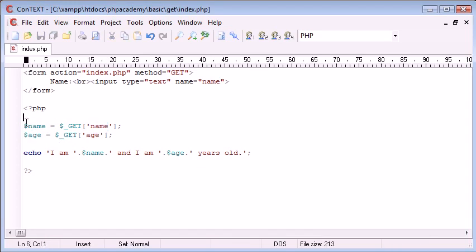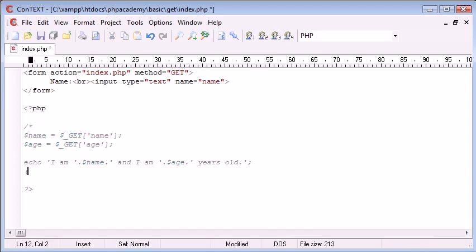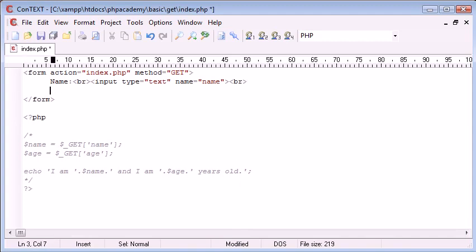If we just comment this out quickly, I can show you how this submits. Okay, and then we'll break down and we can say, let's just change that, break down and say age, break